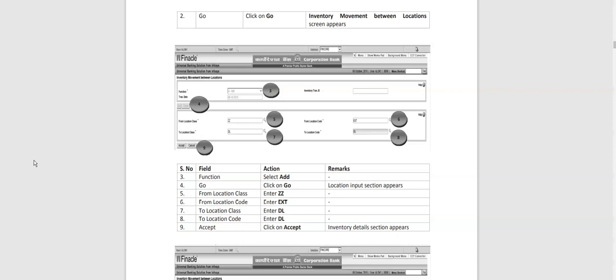Then they will be put inside the vault, that is double lock. To location class and location code DL, double lock, click on accept. Now in Finacle, the inventory has moved into the vault under double lock of the two officers responsible for maintaining those inventories and issuing them to various employees on a day-to-day basis.